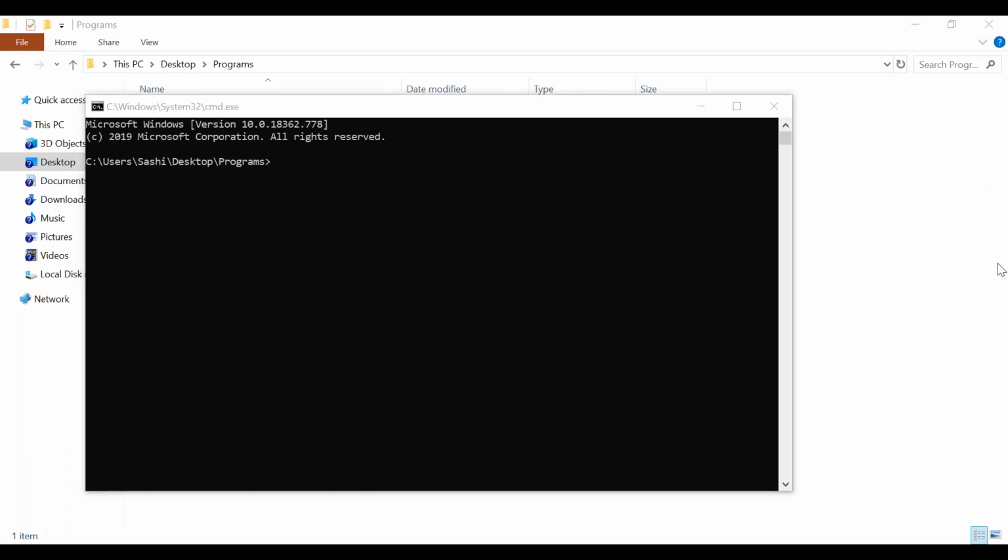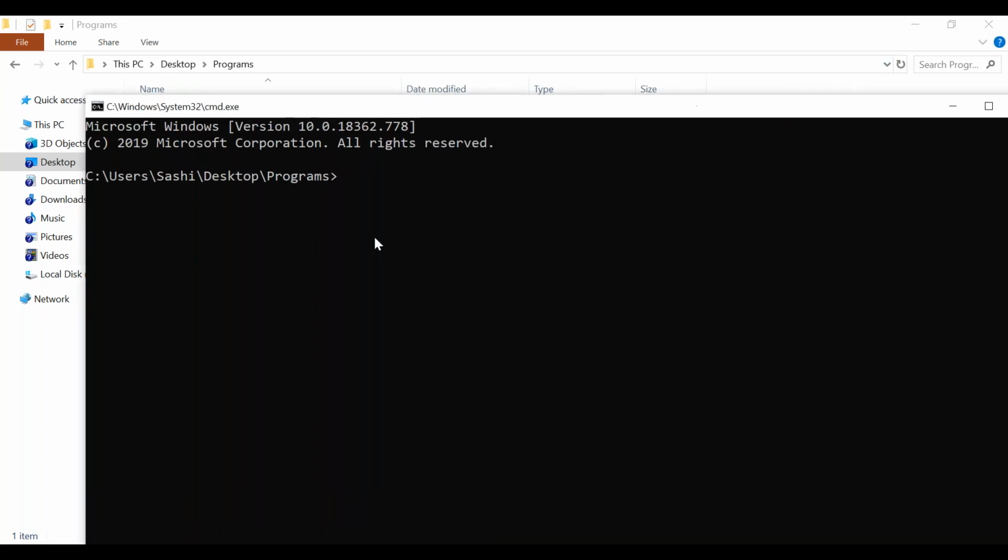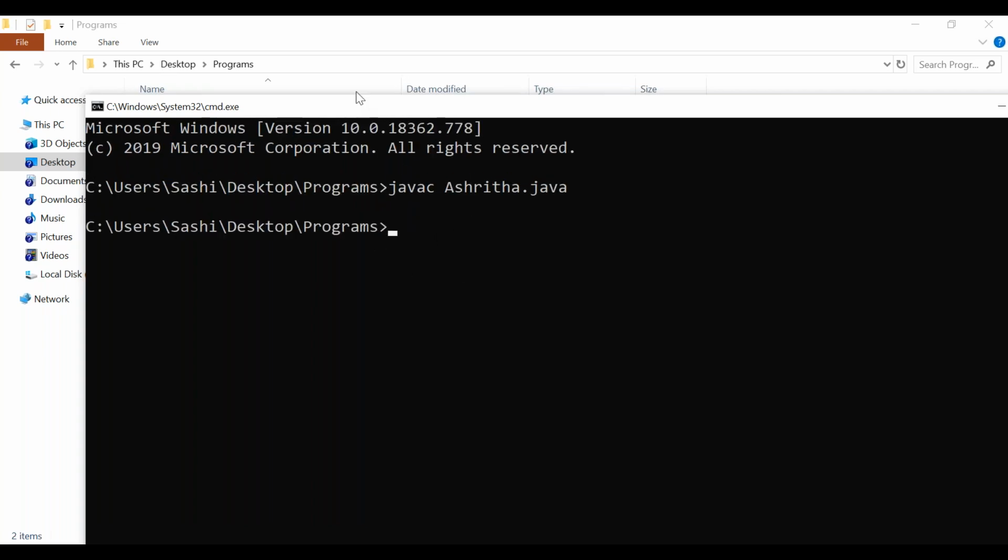Then we can compile it. How to compile it? It's very simple. We already know javac filename.java. Javac class name dot java. Compilation is a success.